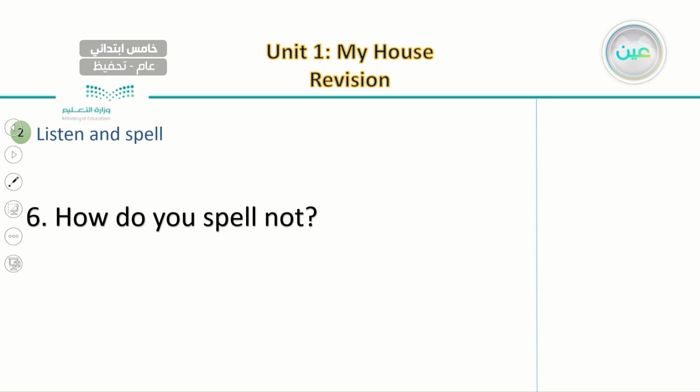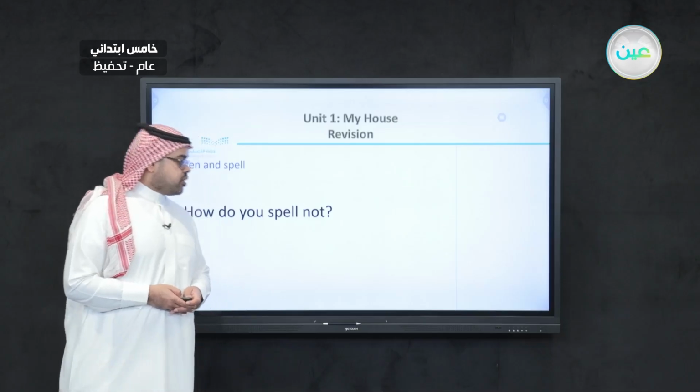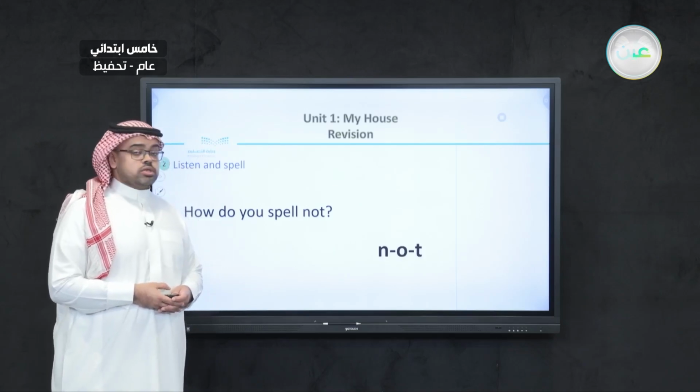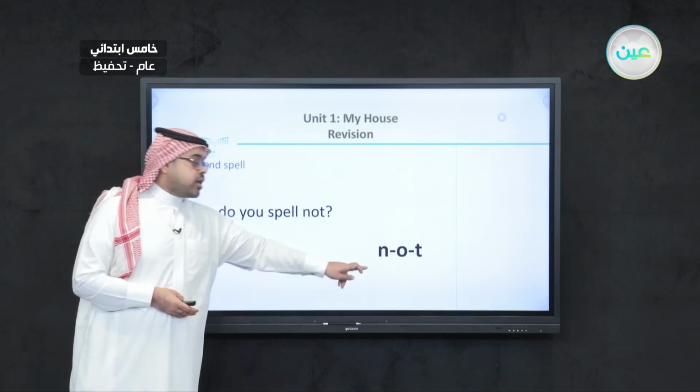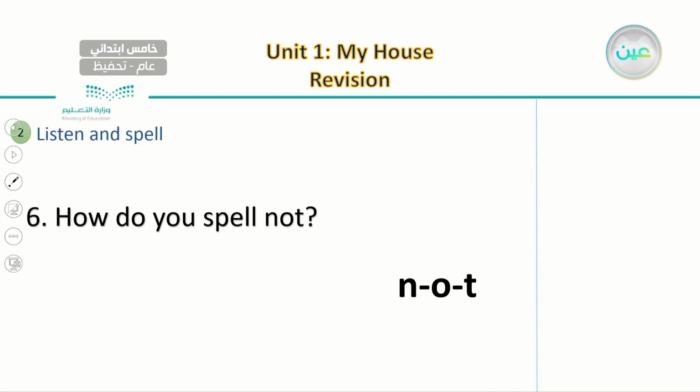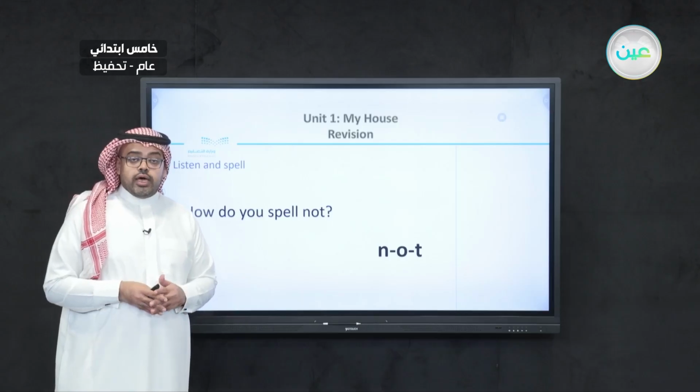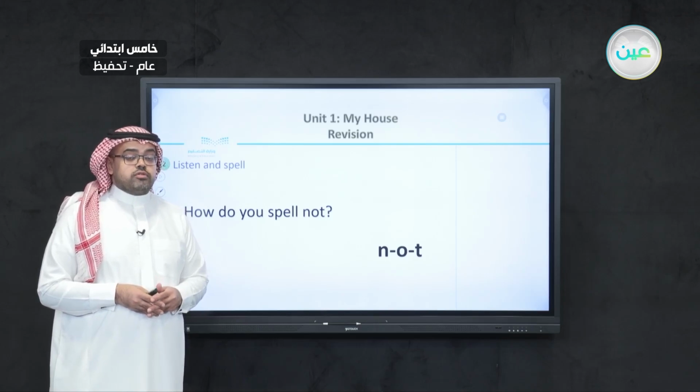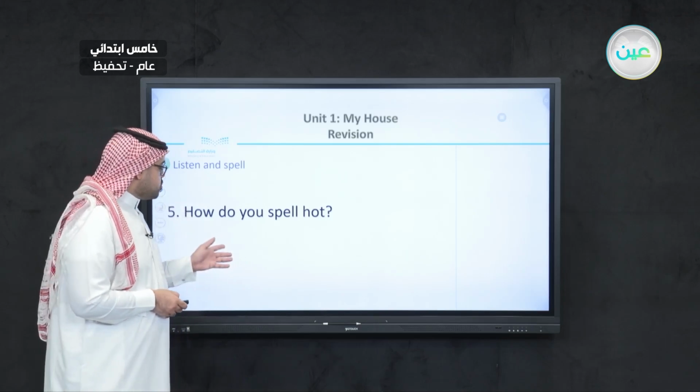Close your eyes for me one last time, I promise, and tell me, how can we spell the word not? Now you can open your eyes and see that we spell the word not like this: N, O, and T. So this is how we can spell all of these words, starting from the first word we have, which is the word ox,